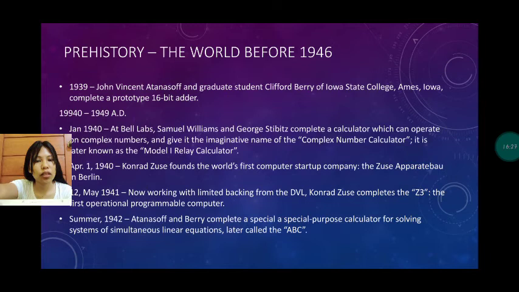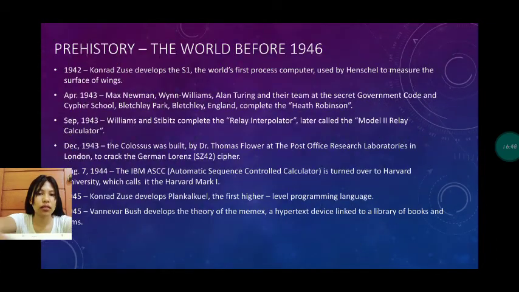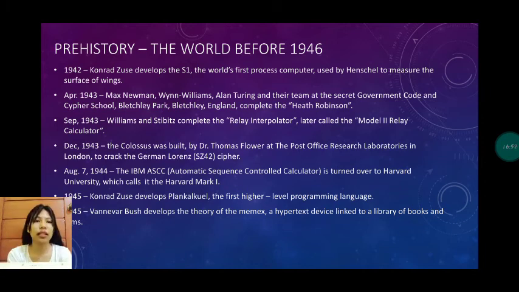Summer 1942, Atanasoff and Berry complete a special purpose calculator for solving systems of simultaneous linear equations, later called the ABC. So for the next slide, the world before 1946. For 1942, Konrad Zuse develops the S1, the world's first process computer, used to measure the surface of things. April 1943, Max Newman, Alan Turing and their team at the secret government code and cipher school,